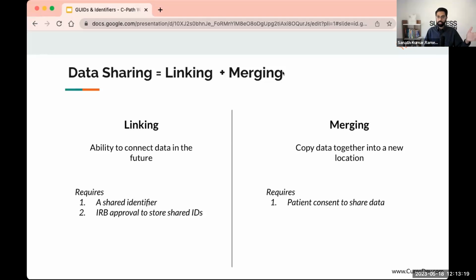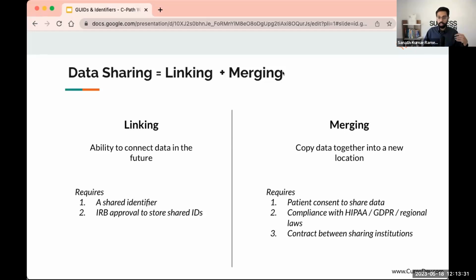Merging actually requires patients to consent to the data sharing, because you're physically copying data over, and someone is going to have access to a larger corpus of data than they had before. It requires compliance with different privacy laws. It requires a contract between institutions that are sharing data. I was once told by someone that it took 6 months to simply negotiate a contract so they could then talk about data sharing. It also requires a good platform where you can share data among each other. There are a lot of considerations, including anonymizing data, de-identification of data, and making sure the combined data sets don't pose an extra risk to privacy.